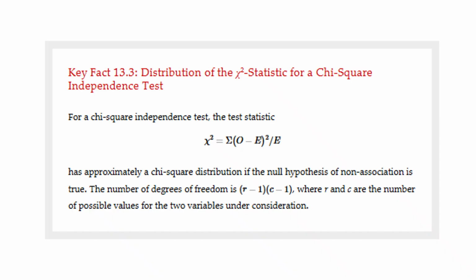So the chi-square independence test statistic is equal to the sum of the observed minus the expected frequencies squared, divided by the expected frequencies. Adding the chi-square subtotals gives the chi-square statistic, which has the approximate chi-square distribution. And remember, our degrees of freedom now are going to be the rows minus 1 multiplied by the columns minus 1. So this is on your formula card,